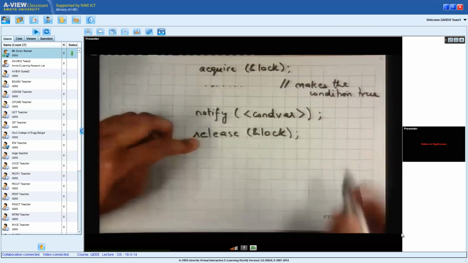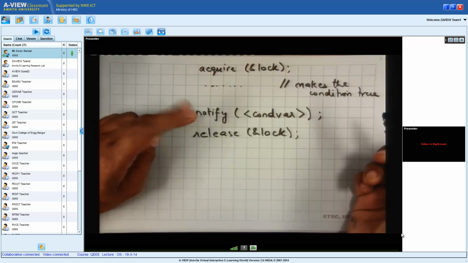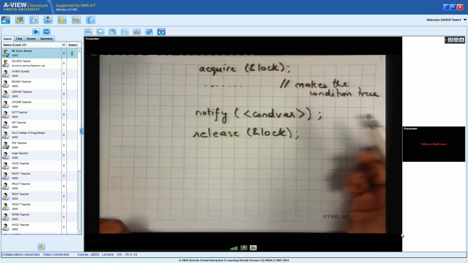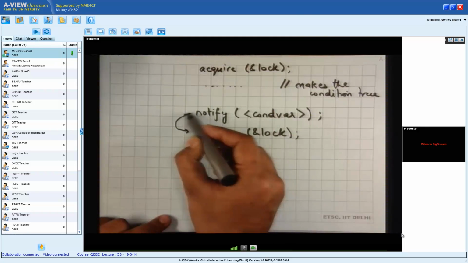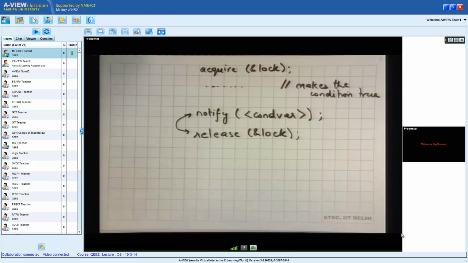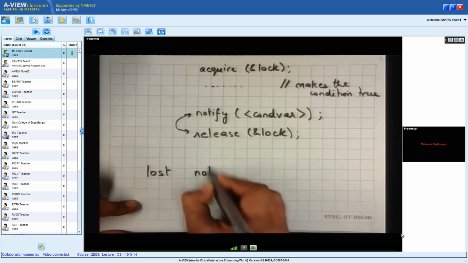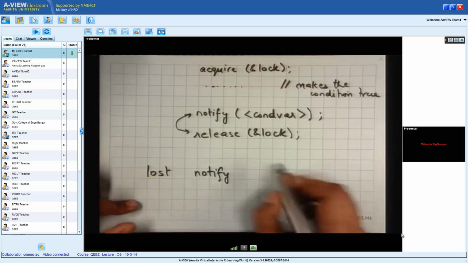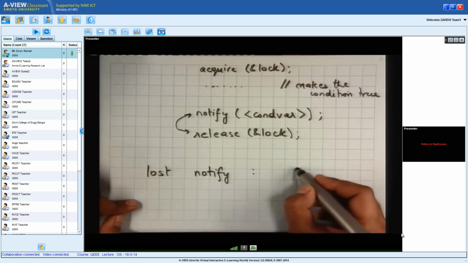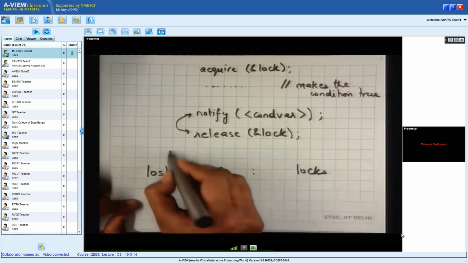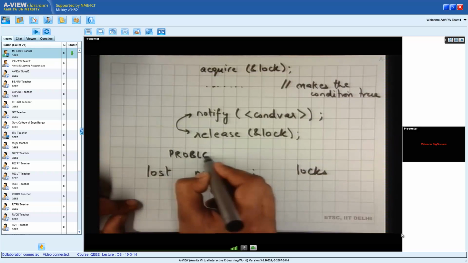Now there was a question last time, can I swap notify and release? Right? So what can happen if you swap notify and release, which means you release the lock before you call notify. It's not usually recommended that you do it, right? Although even if you do it, it's possible that your code is still correct. So we saw one problem last time called lost notify, right? And we solved this problem using locks. So let's say this is a problem and this is the solution,